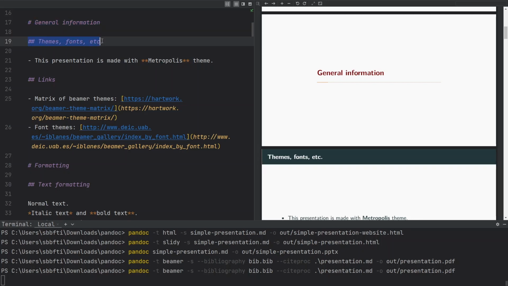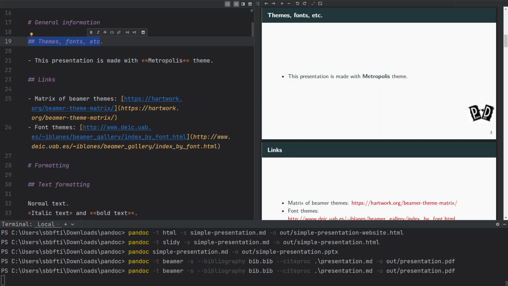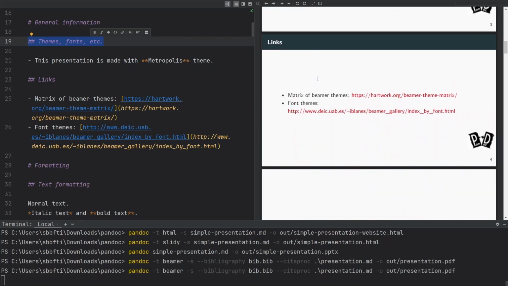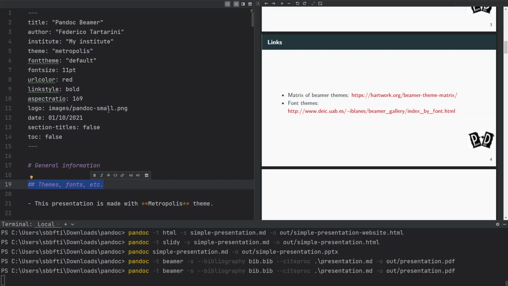So here we have themes and fonts. I would like to thank Alexey Gumirov for putting together this main Markdown file where I got it from, and then I've added something of my own, like how to add references and figures. So this is going to be similar to his GitHub repository. So here we have the first slide. We have double hash, themes and font, and inside here we are specifying as a list how we made this presentation. And as you can see, we have this nice logo here at the bottom. Of course, if you want to remove it, you can modify here and remove the logo.